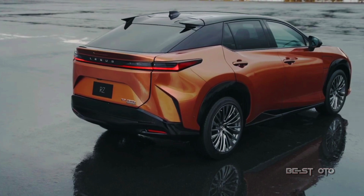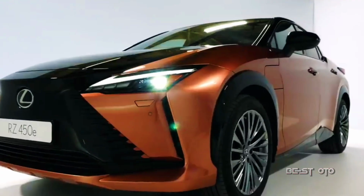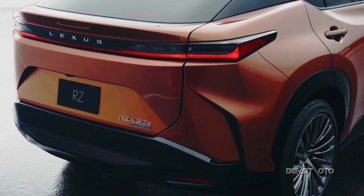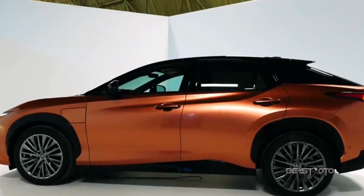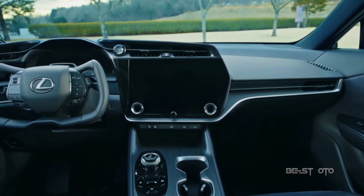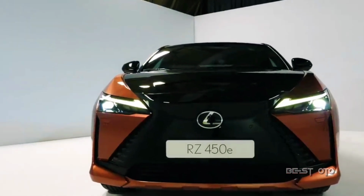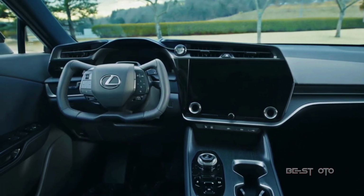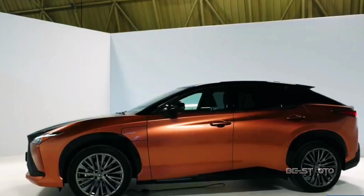Lexus was surprisingly generous in building up to the RZ reveal, as the teaser campaign pretty much shows it all. Another new electric SUV has entered the fray, with the reveal of the upcoming Lexus RZ 450e 2023 electric SUV. The exterior design of the new model was first revealed in December, but this unveiling brings confirmation of key technical details. We've speculated on battery size, motor power and performance, but it's likely the RZ 450e will at least match